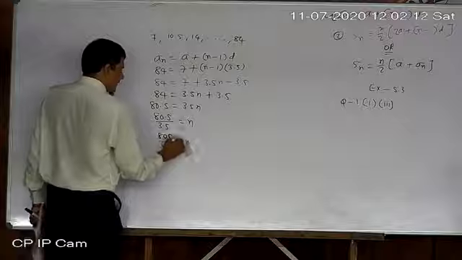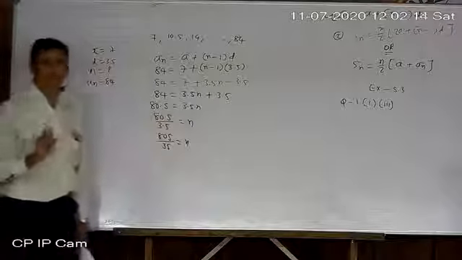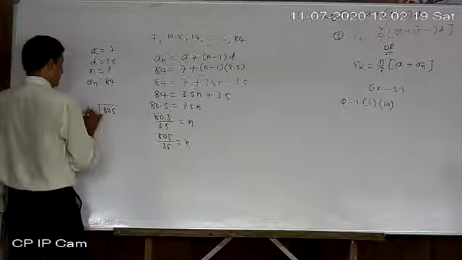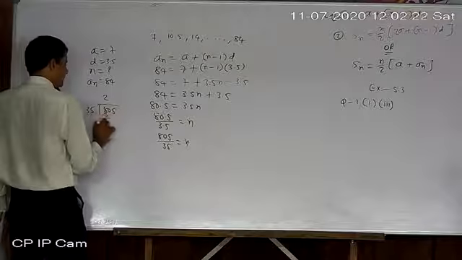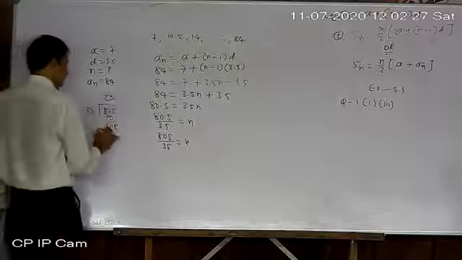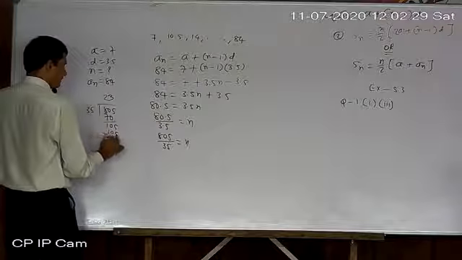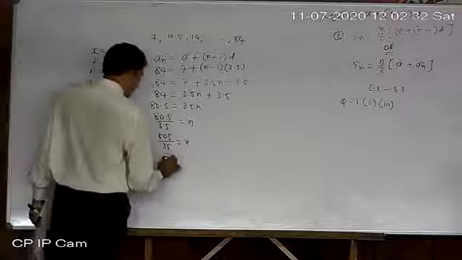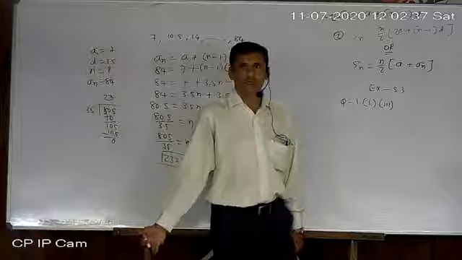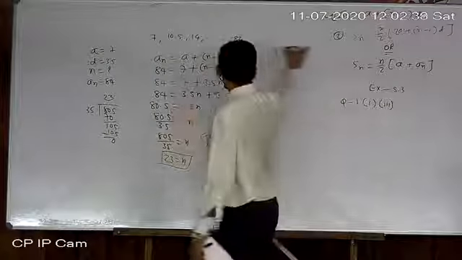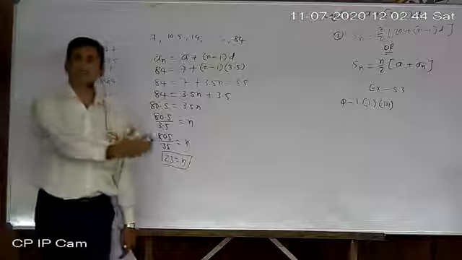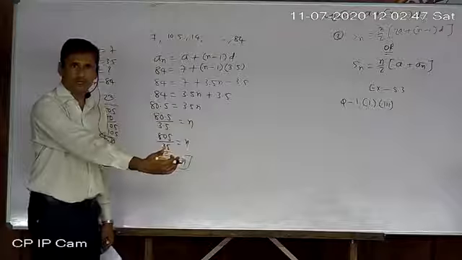805 upon 35. Okay, I multiply numerator and denominator by 10 only. Now just look there. 35 twos are 70, 35 threes are 105. Okay, so 23 equals n. So that is only the first part of the sum. That is not our answer. That is only one required thing that was missing, so we just found that one. Our main work is still not done. It is pending so far.